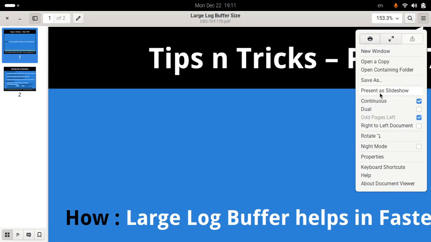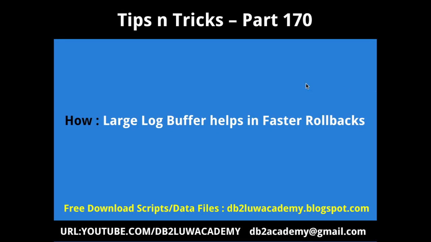Welcome to DB2 LUW Tips and Tricks video tutorial part 170. In this tutorial, I'm going to talk about how a large log buffer helps in faster rollbacks. The scripts and the data files that I'm using are available for free download at